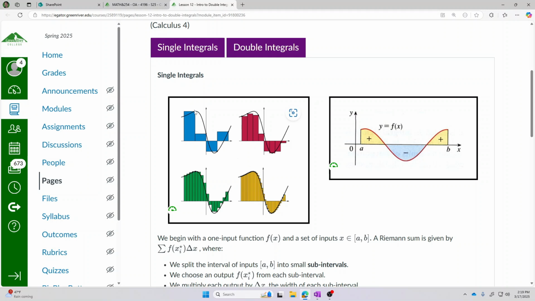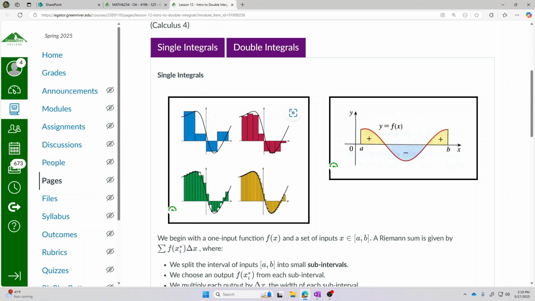Like we have this huge gap in this region. We have this huge portion here where we're getting more area from the rectangle than we are under the graph. So in this situation with only 4 subintervals, there's a lot of inaccuracy. There's a lot of difference between the area under the graph and the area of these rectangles. But let's suppose that we cut the delta x in half so that instead of having 4 large subintervals, we have 8 smaller subintervals. We're still getting some pretty decently sized gaps, but we can see that shrinking delta x has caused a lot of the gaps to be filled in.